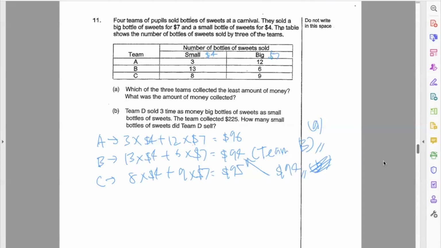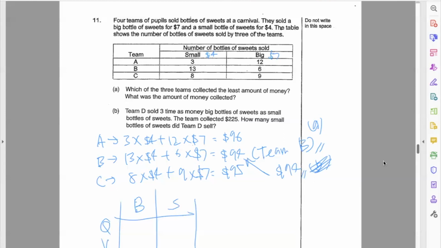So this statement tells you the quantity of bottles of sweets sold by comparing the quantity sold for small bottles and big bottles. So we can actually draw a quantity value table here. You have big bottle, small bottle, and quantity, value, total value. This is just for understanding of the question. In exams, you don't really need to draw, but I do encourage you to draw so that you can understand